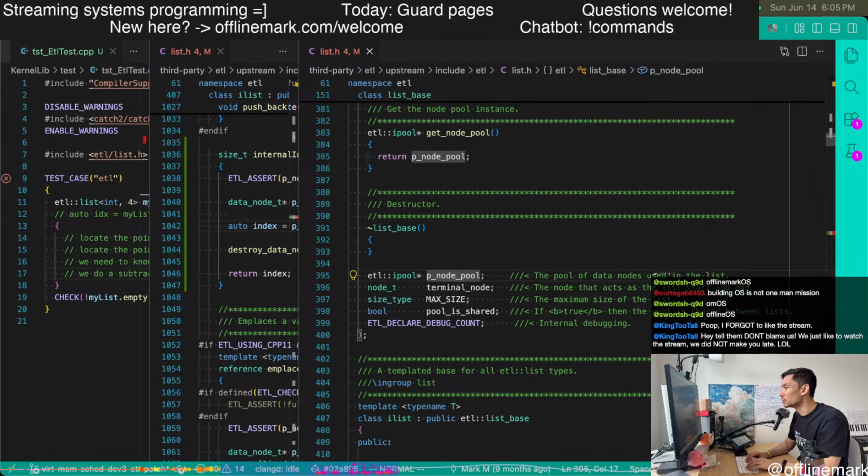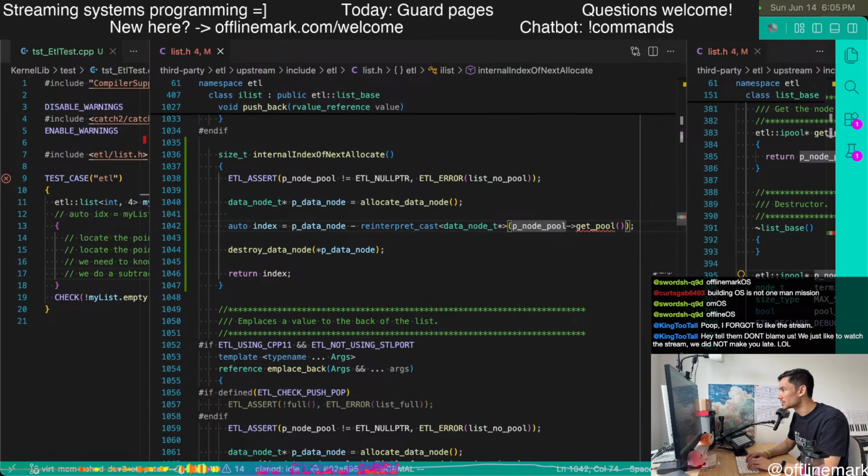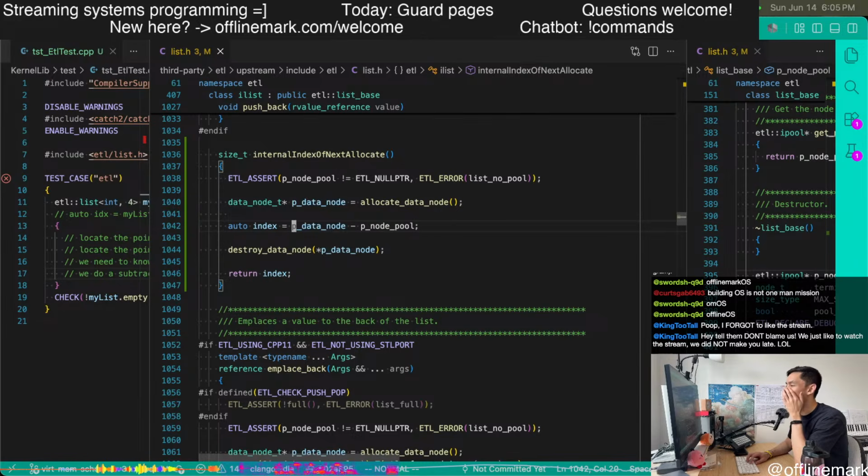The P node pool is already basically this thing. Is it sort of like this simple? Probably not. It's approximately, we have a pointer to a data node.